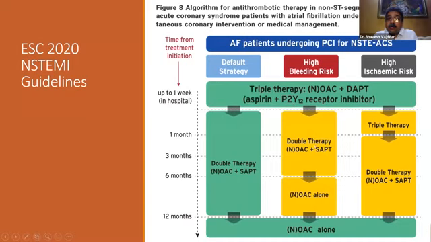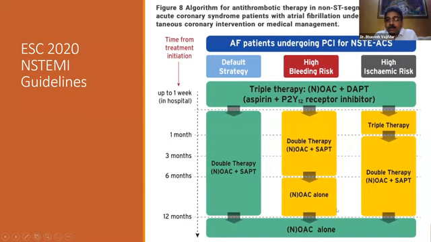Okay, and how do you downgrade them? You downgrade to a NOACS plus a single antiplatelet agent, and that to be given only for 6 months. Okay, so only 6 months, not 1 year. Earlier it was 1 year. So you come down to 6 months, and after 6 months, up to 1 year, only a NOACS.